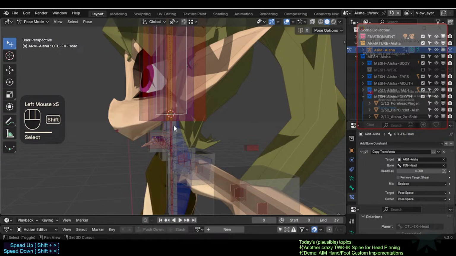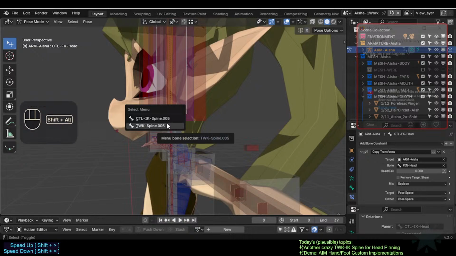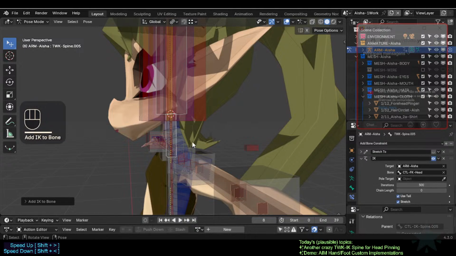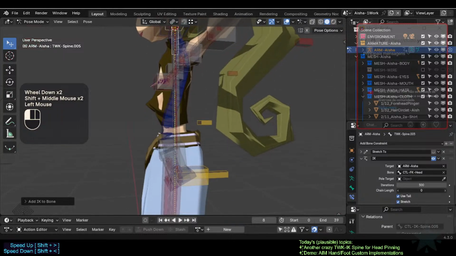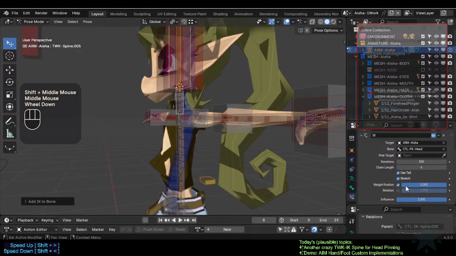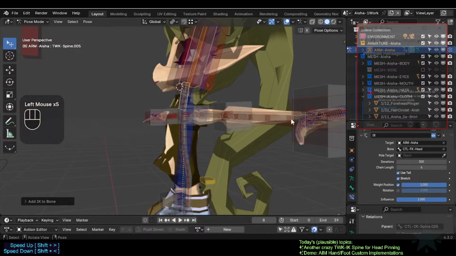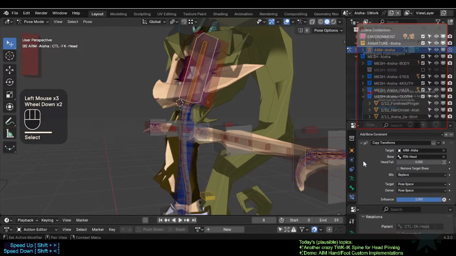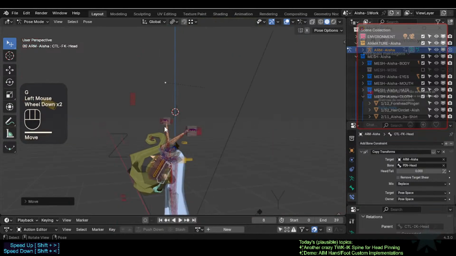Then I'm going to Shift Alt left mouse button click, twig spine, so Shift I to active bone. So this will be the bone, the IK bone constraint. So we don't want infinite. I don't want a pole target, precisely because I want the flexibility of motion. And yeah, use tail because it is the conventional. And we see that immediately you're getting some dependency cycle, and this is because of